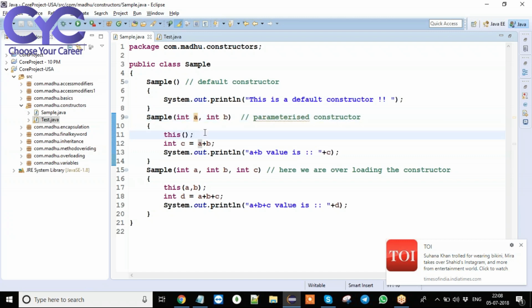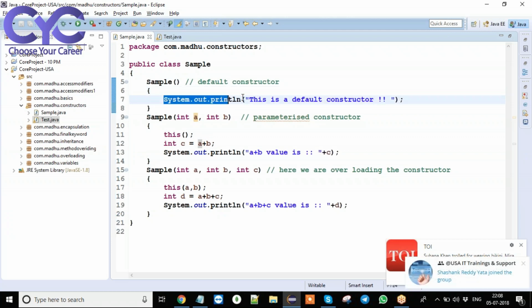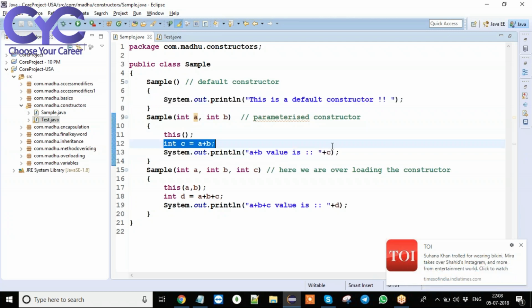But in the first line, what we are having again here, in this method, is a call with no arguments. Again, JVM understands that we are having a default constructor. That logic needs to be executed. So after seeing this method, JVM understands we are having a default constructor, and that constructor needs to be executed. So first, whatever the logic in the default constructor, that logic is going to be executed successfully.